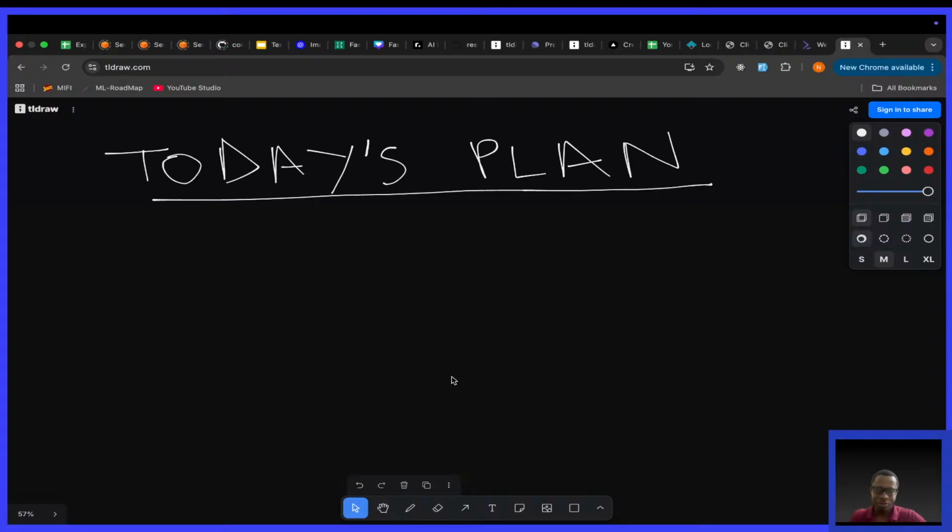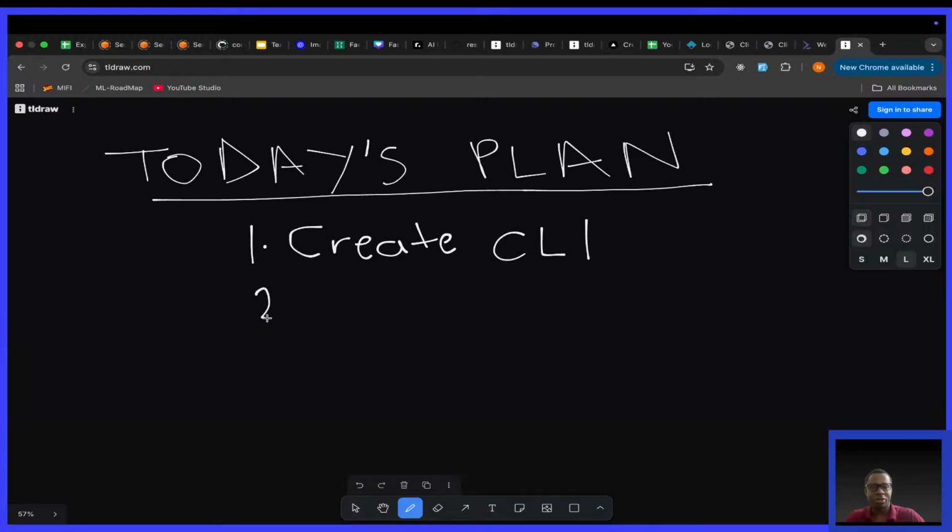So today's plan is actually very, very simple. The first thing I want to do, number one, is create, of course, the CLI tool. This is like the main task. Well, my writing skills, they are off. So create CLI tool. But under this, of course, we need to do things like